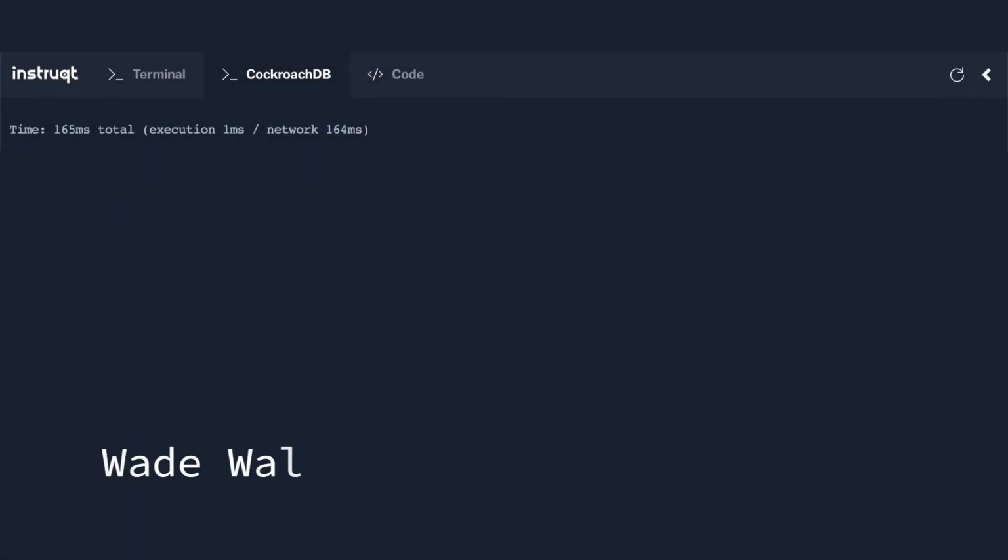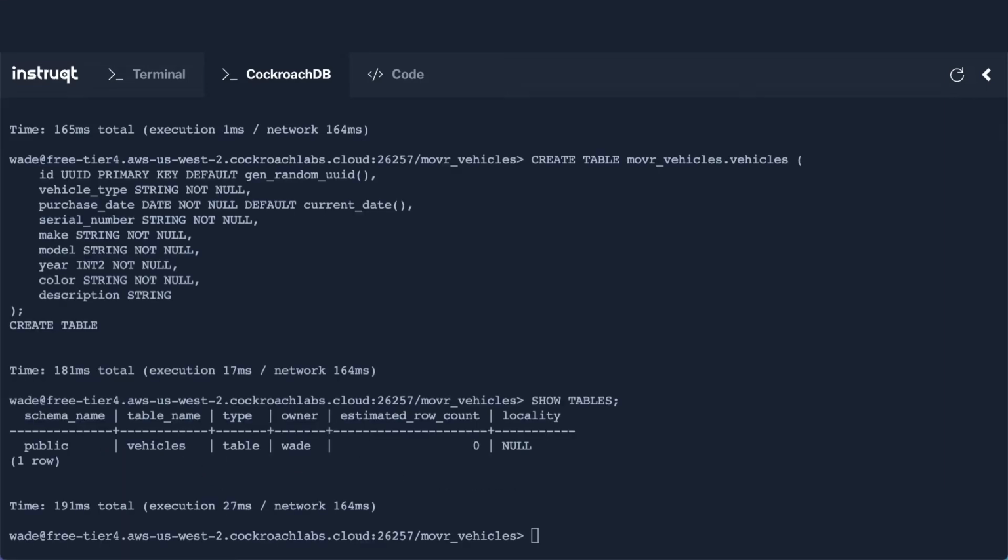Okay, so we have a table, and our next step then is to start inserting data into the table. In a real application, this would probably be done by an ORM, an object relational mapping, to do this insert for us. But some people prefer to write the SQL manually, and that's totally fine as well. But even if we do use an ORM, there's still value in understanding how this insert will actually look under the hood, because you may need to optimize it, and sometimes you actually need to get your hands dirty,